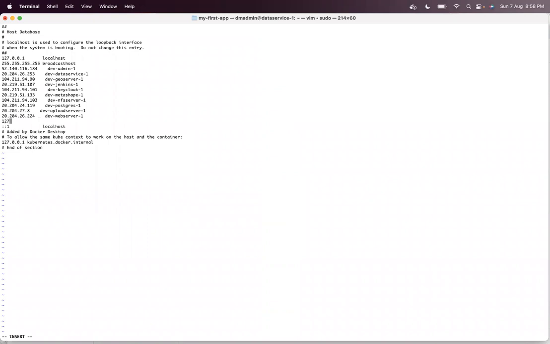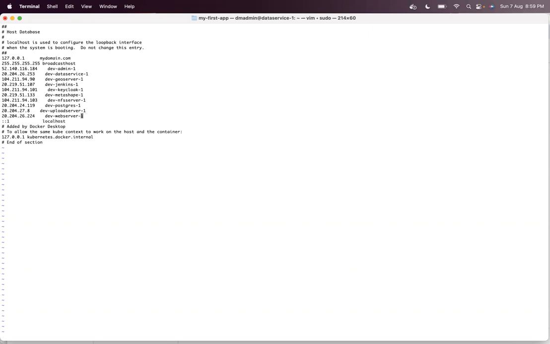So I will say 127.0.0.1. Maybe I'm not sure if I'm doing this correctly. Instead of localhost, you can say mydomain.com. This is a different concept, called domain naming and IP address mapping, right?